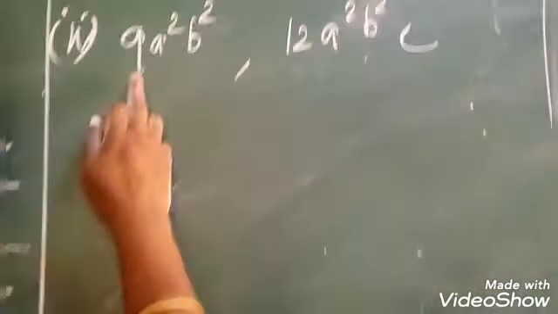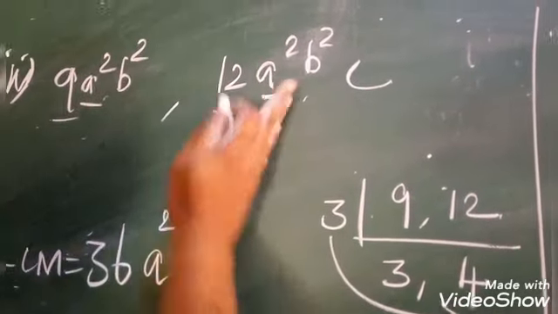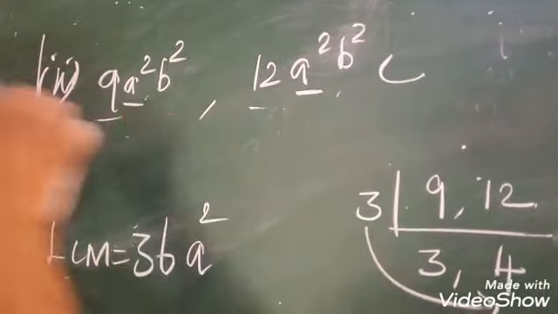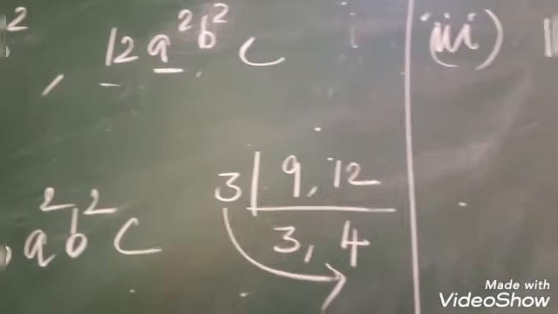Now for the LCM you have to multiply all the numbers. What are the numbers? 3 into 3 into 4. 3 3s are 9. 9 4s are 36. So LCM is equal to, first write the number 36. Then see the variable. Here also a squared, here also a squared. So a squared. The two terms you have to compare and the highest degree you want to write in the LCM. Then b squared, here also b squared. So no problem. Here c is there, here not c. So you have to write it as it is.